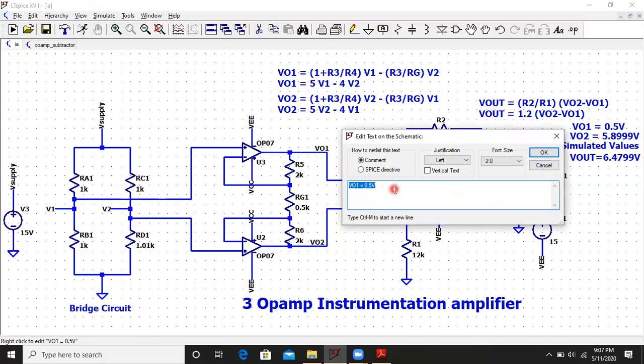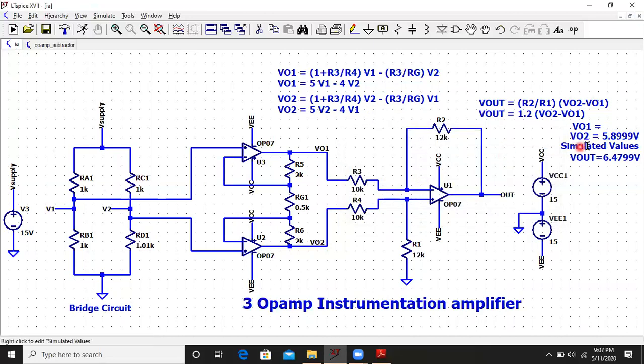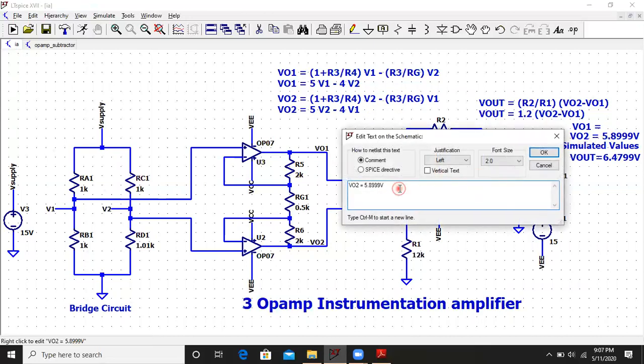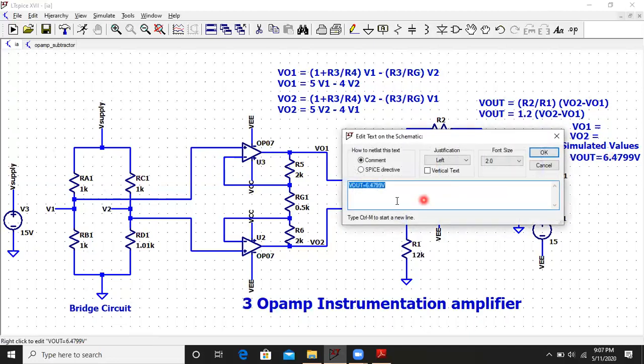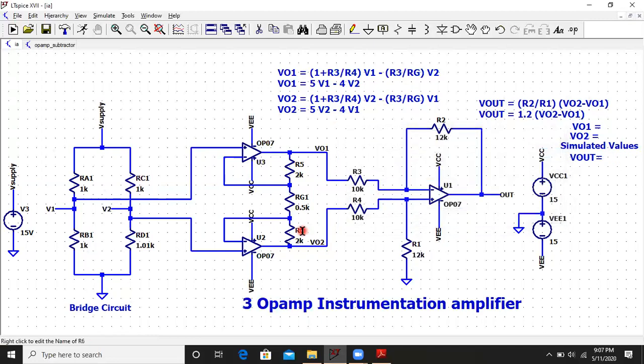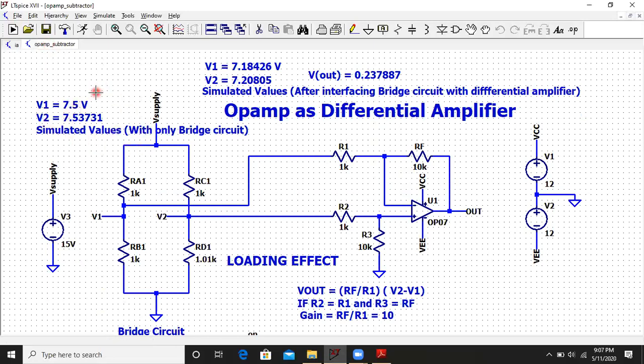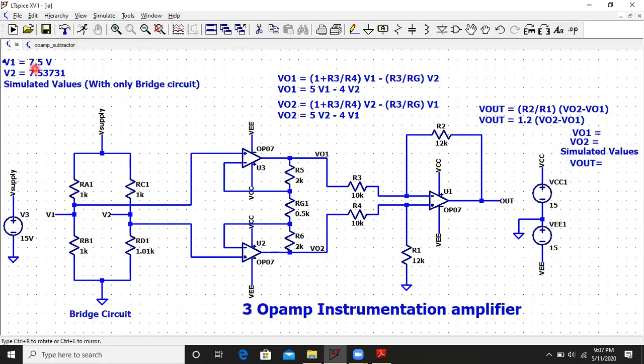These values, everything will change, in fact. So it will take a sec. Let me do that, and then we are ready to proceed ahead. Okay. So now we will simulate. First of all, let me copy the V1 and V2 values from here. So I'll go from here, copy this and paste it onto the screen.